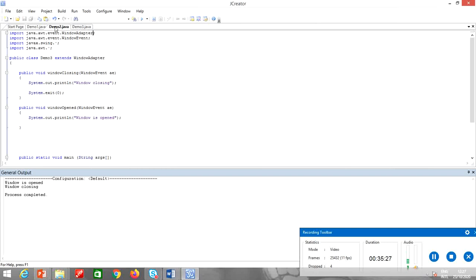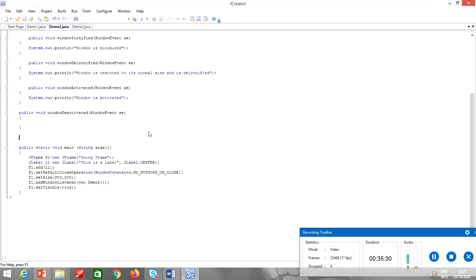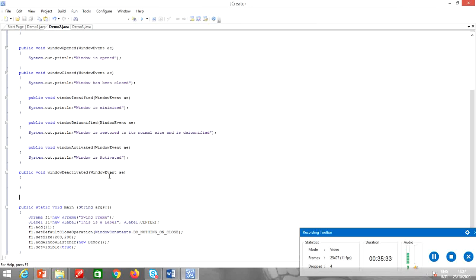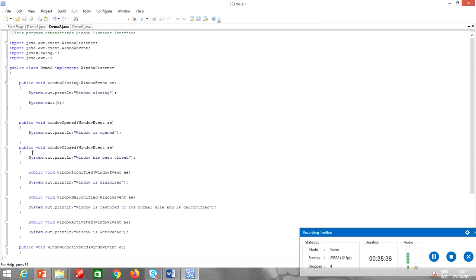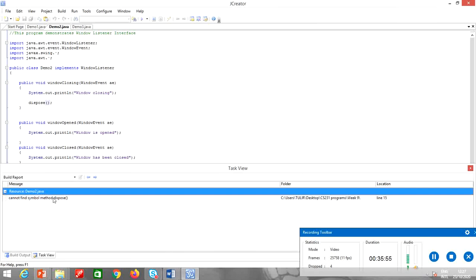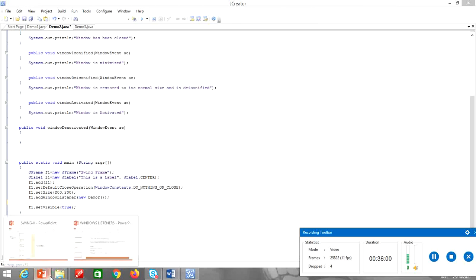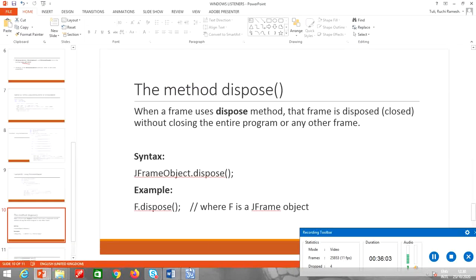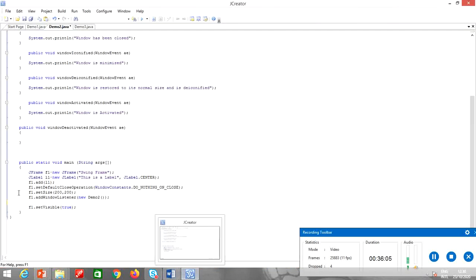For example, I am going to display this dispose method in the second program where we use the window listener interface, and we used all the methods. So instead of system exit 0, I can write over here dispose also. Let's just check it. It should run. So I used that method wrong. According to the syntax, it should be used with a JFrame object. I can use it over here,